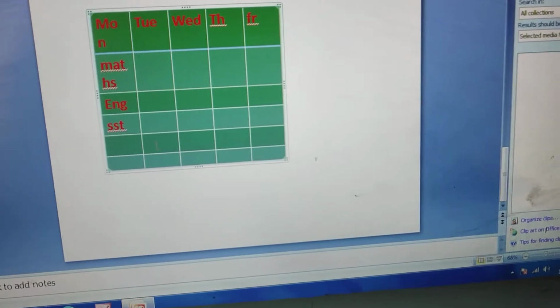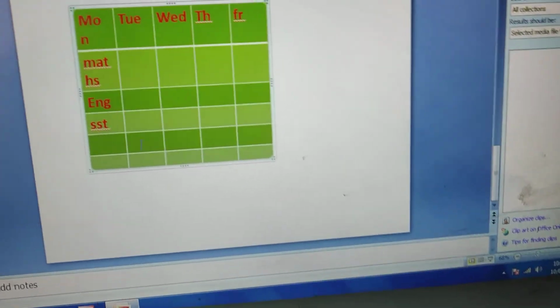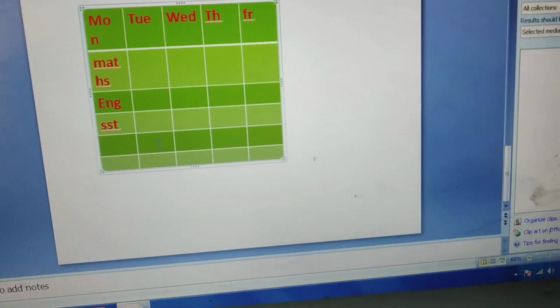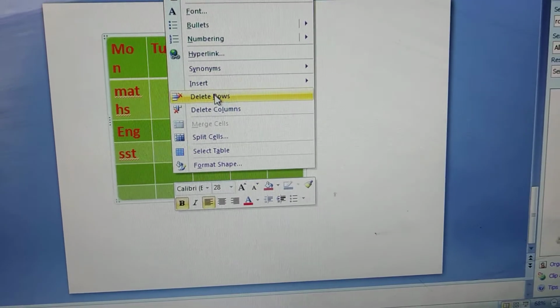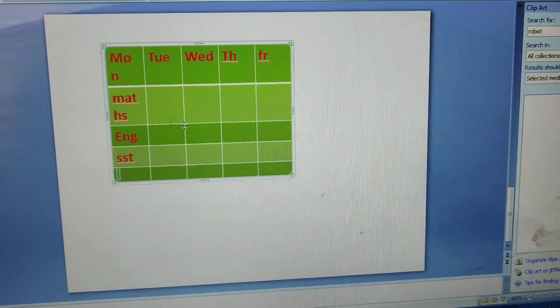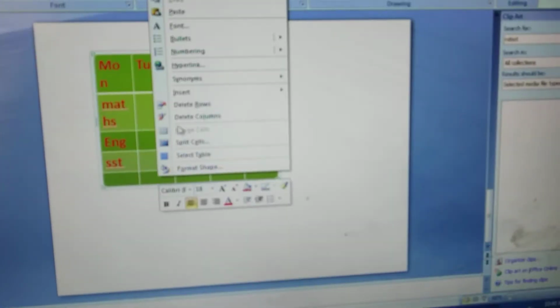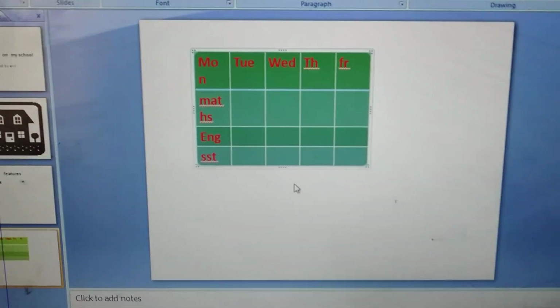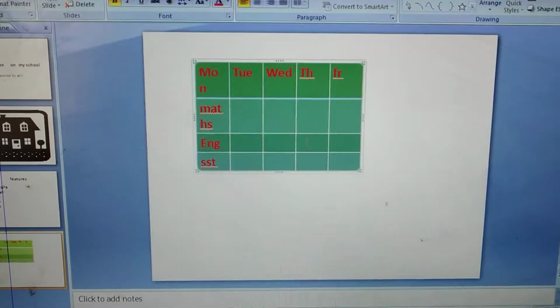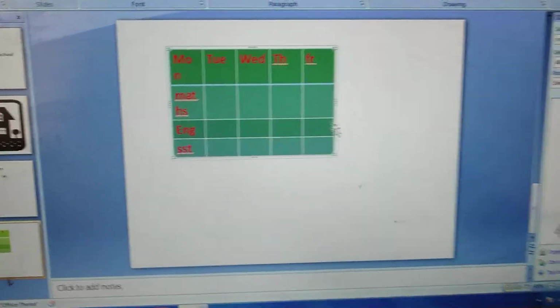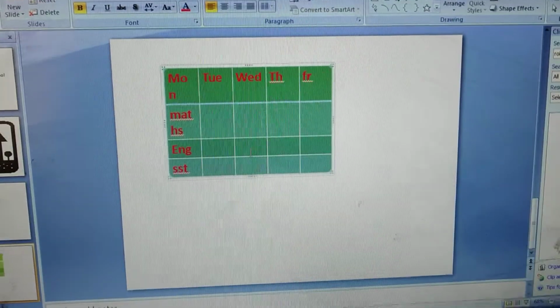I don't want these extra rows, then I will put my cursor in that row and I will right click on that row and again I will click on delete row. Here also right click and delete row. So extra columns and extra rows we can delete. Okay, this is about table.